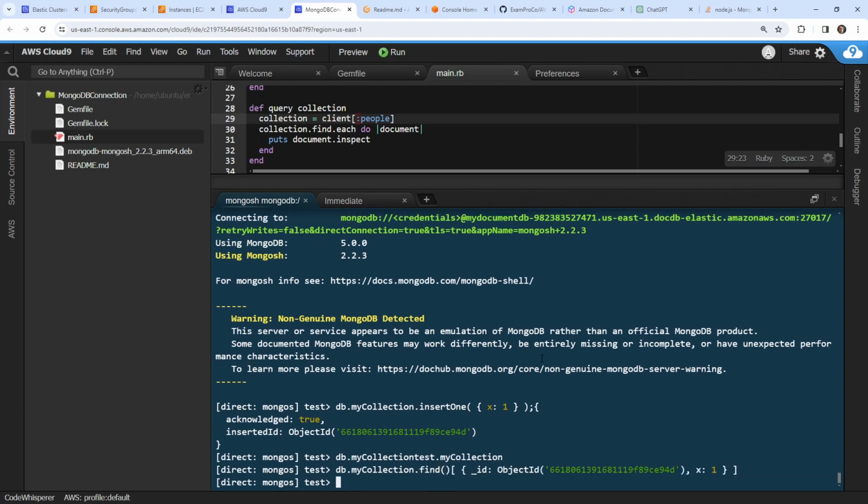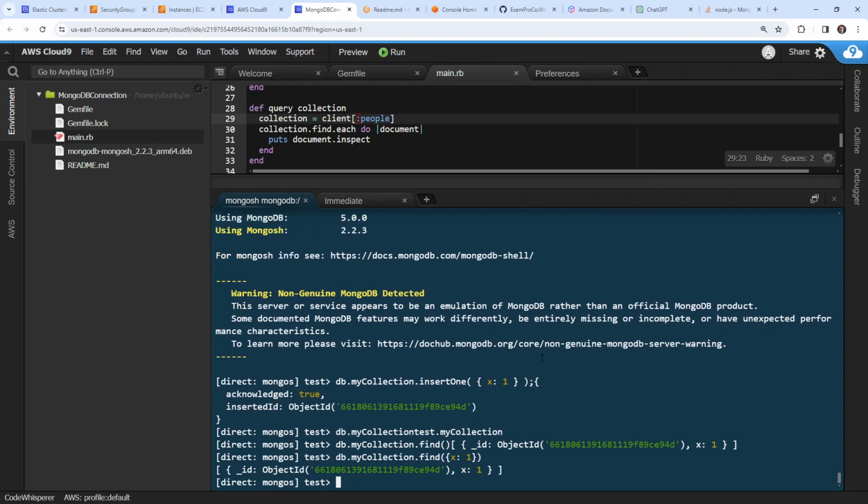And so here we have one record returned, right? If you leave it blank, it'll just have nothing. If we want to try to find this particular record, we could do X1 and it returns exactly that record. So now that is working. Good. I would really like to get our driver to work, because